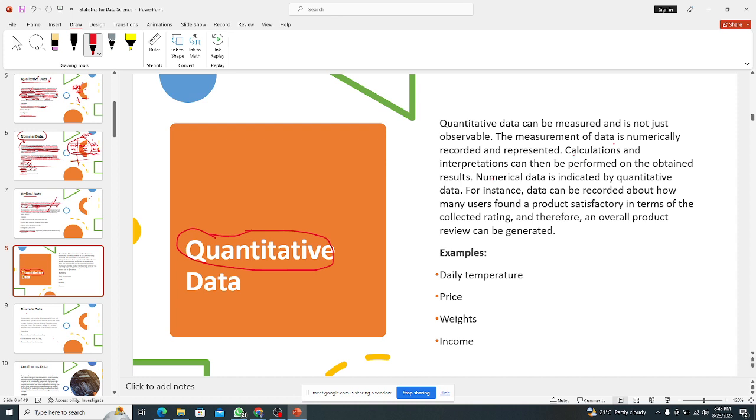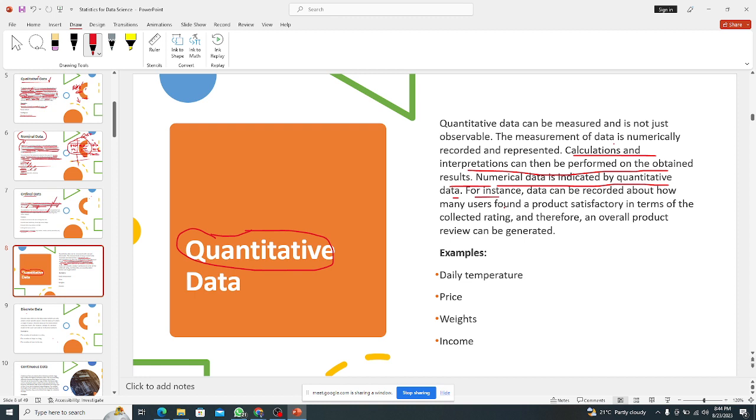So we've said calculations and interpretations can be performed on the obtained results. Numerical data is indicated by quantitative data. For instance, data can be recorded about how many users found a certain product satisfactory. That is, you are collecting ratings and views. With that, you can now do an analysis to get the overall review